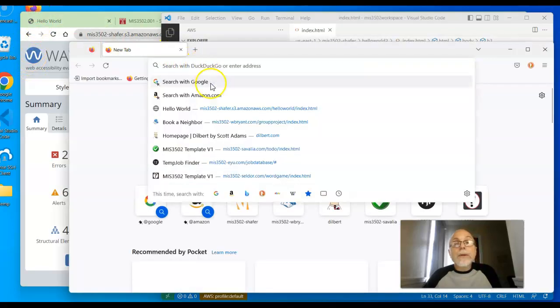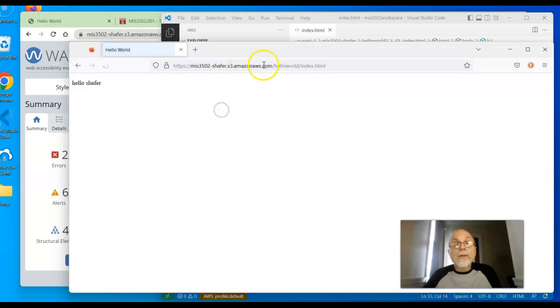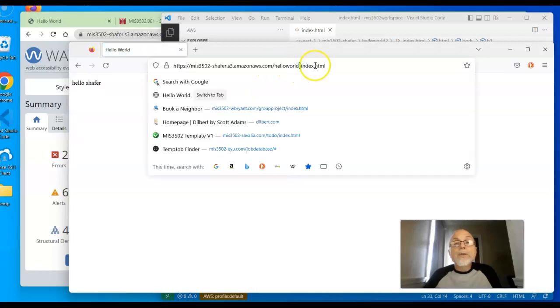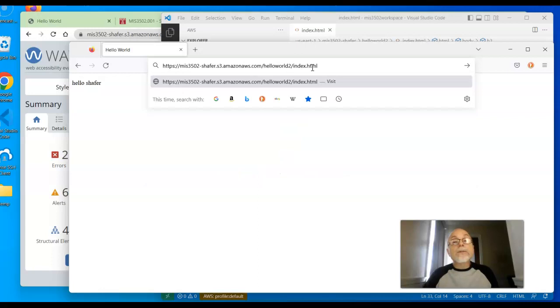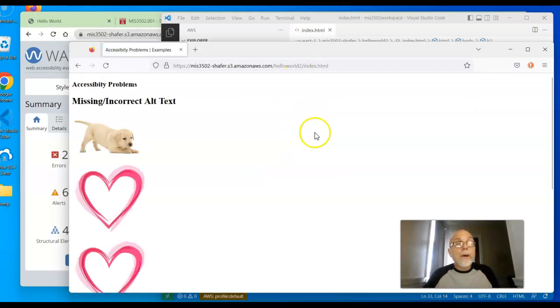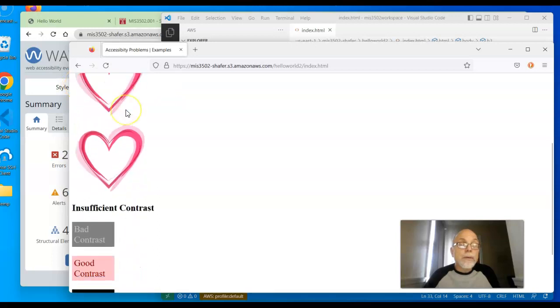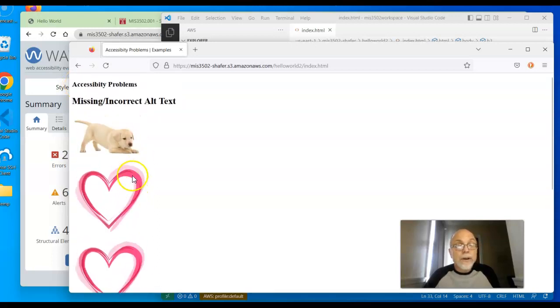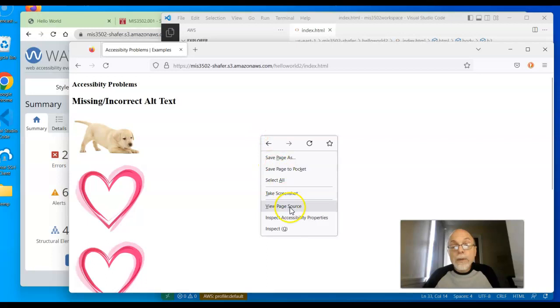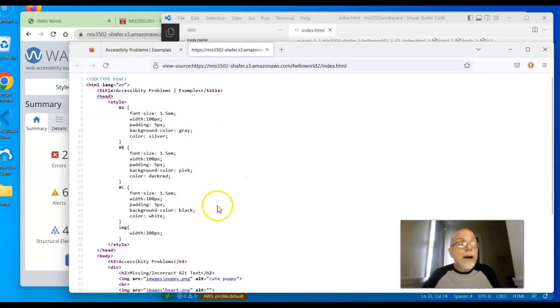So let me do that. So this was in Hello World 2. Put that in Hello World 2. There we go. And I have a page here. It has a title, accessibility problems. I have some items in here. And if I were to view the page source here, I see up here at the top,